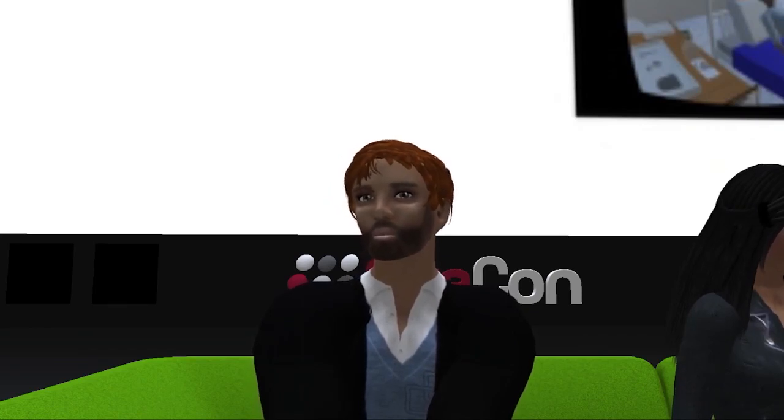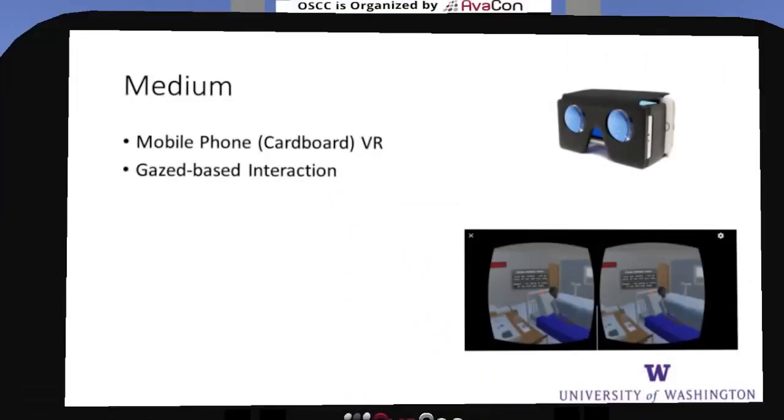So since we're dealing with low resource settings, we decided to develop our VR application for the Cardboard, so based on running off of a mobile phone. Other higher end VR devices such as the Vive or the Oculus Quest would be ideal for the level of interaction we want. That's good for learning, but obviously in these settings, that's not an option. They don't have access to those tools. But everyone does have a phone in their pocket.